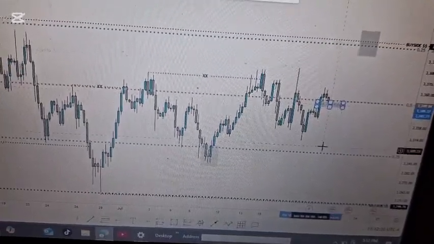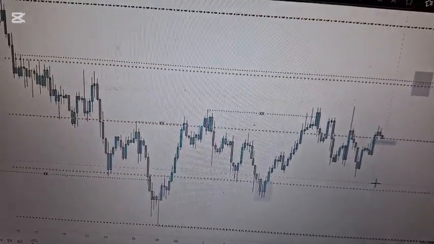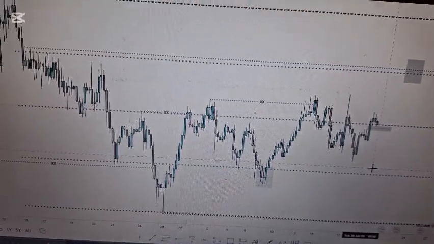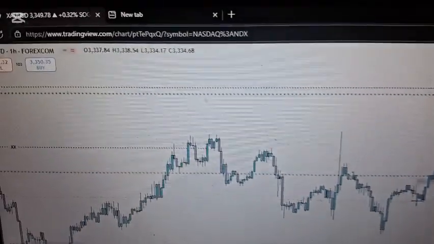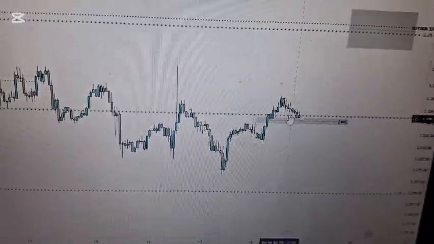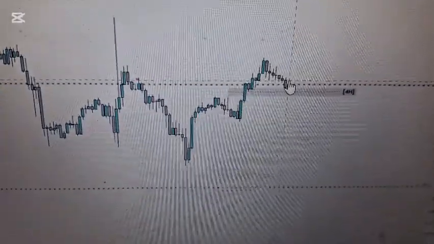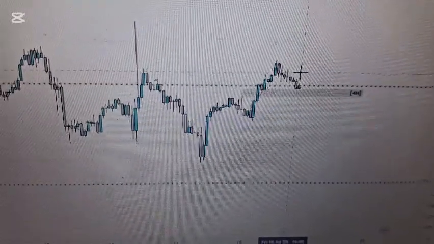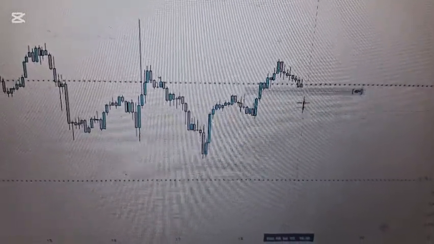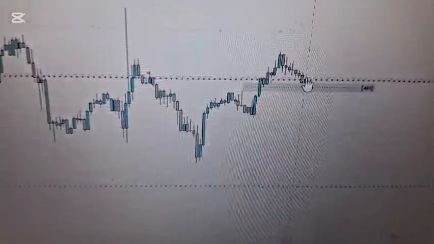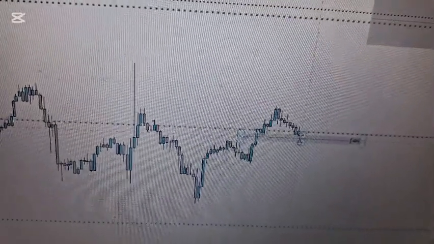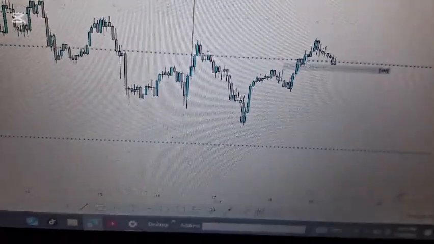So let's go to the 1 hour, sorry, and let's see what's happening on the 1 hour. So right now we're on the 1 hour. On the 1 hour here, we don't know if the market is gonna open with a bullish gap or a bearish gap. But right now basically we are close to the fair value gap. The market might just open, touch this fair value gap. It depends on how the market opens.